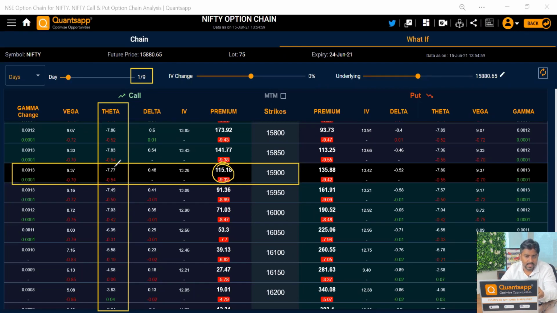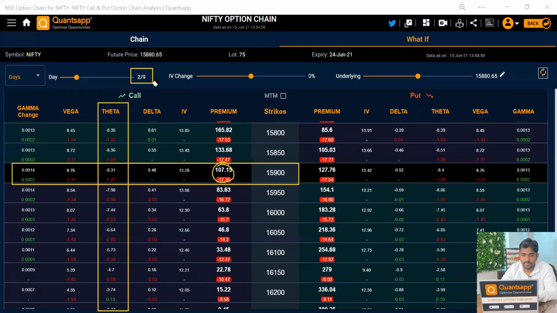Now theta has increased for this strike price. You can check for any particular strike price. Now let's move one more day ahead. It has lost its value again. Now we have 8 theta here. If you check, the theta value is 8 now. So theta is also increasing as we move towards expiry. So that is the call.